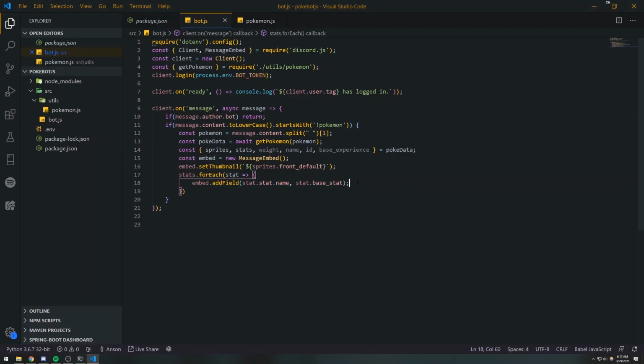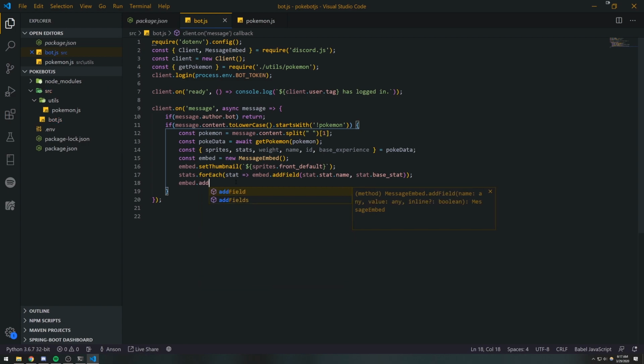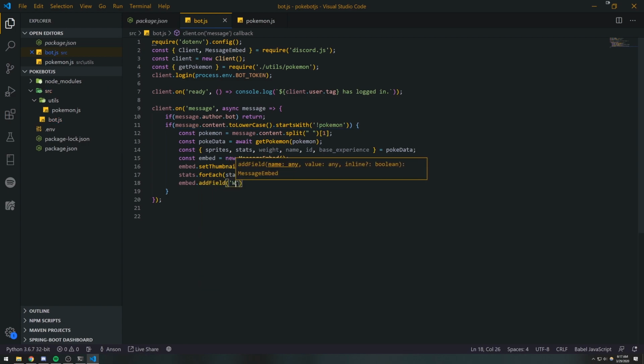There we go. So this is going to add 6 fields. Okay, so we can honestly just omit these curly braces. There we go. Okay, so that should add those fields to the embed. Now for weight, you can add this to a field as well. You can do embed.addField, you do weight,